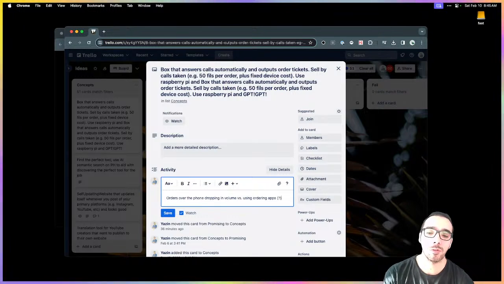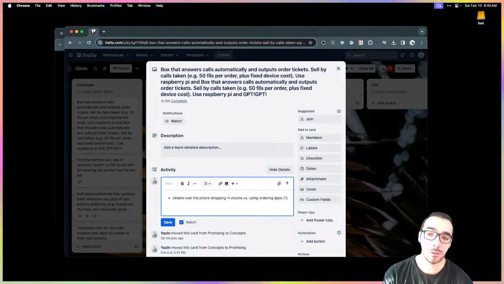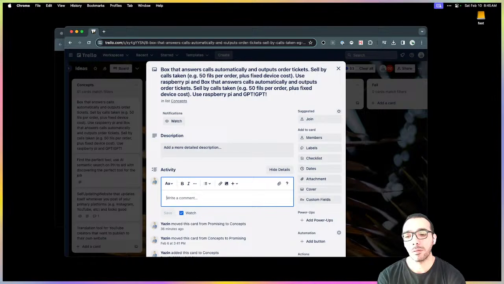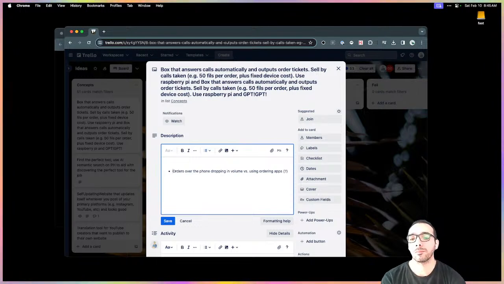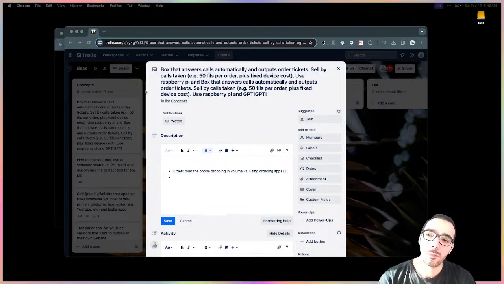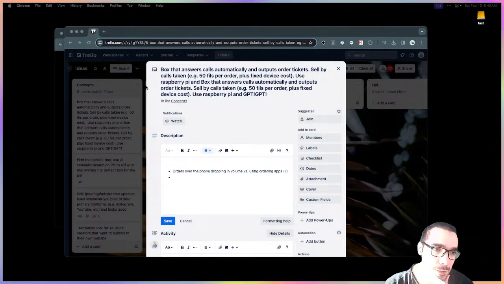I'm not really sure that's actually the case, but I suspect it is. And they just added to the description here. So if this is the case, then it's a shrinking market.